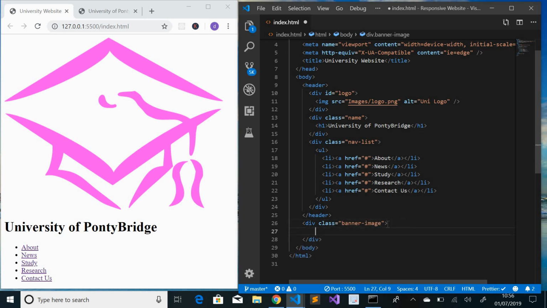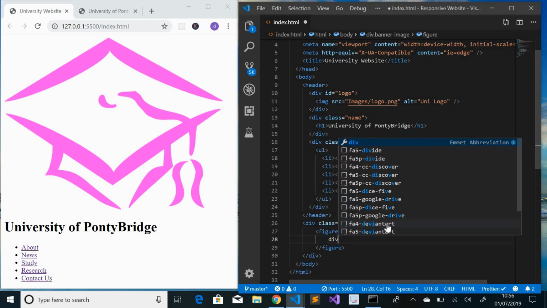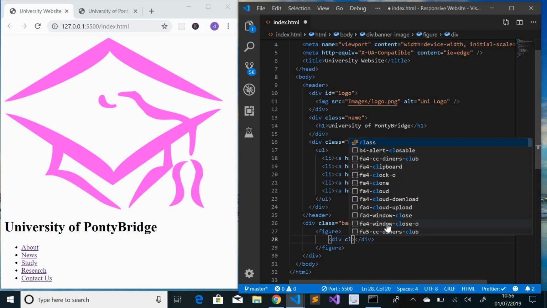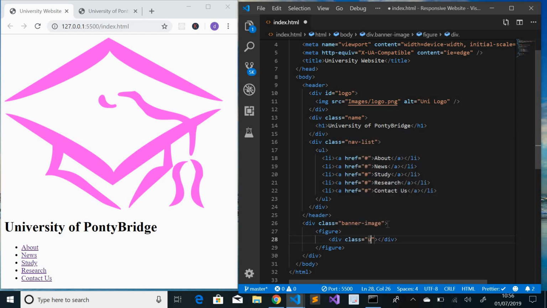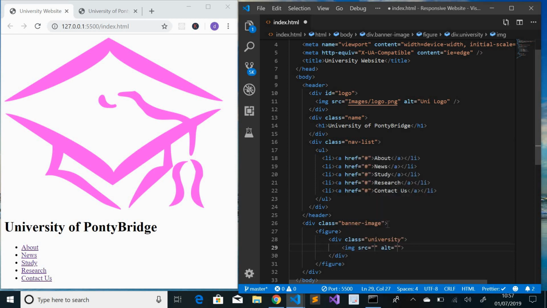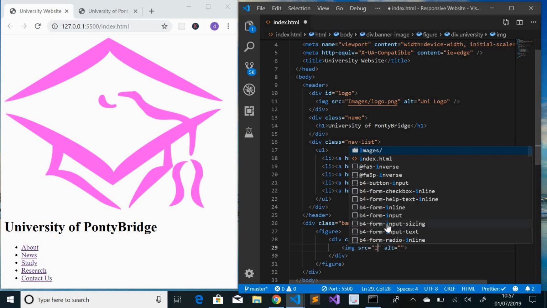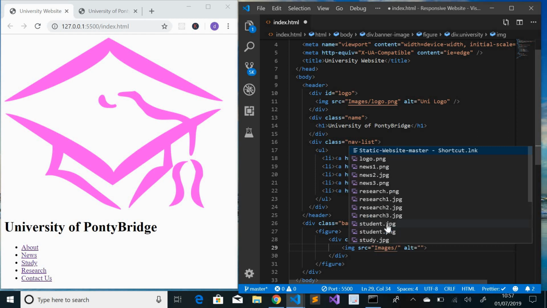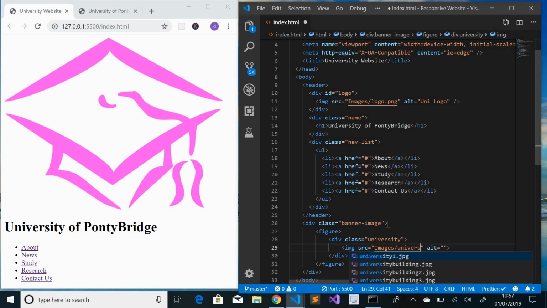Okay. Inside this, we will have a figure tag, and in that, we have a div with a class of university. And this will have an image tag with the source images/university building.jpg. So I have all whatever images I am adding in this website in the images